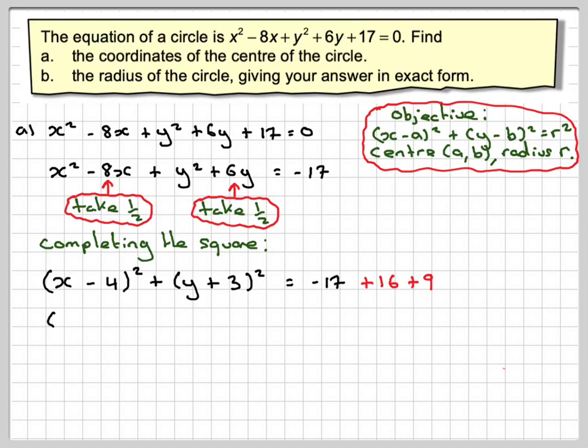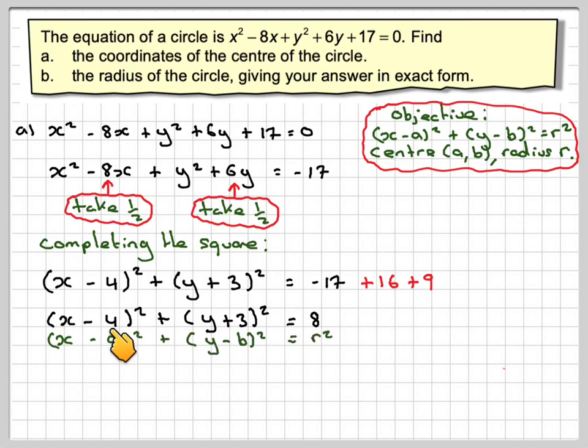Right, so that now gives me, on this side, x minus 4 all squared plus y plus 3 all squared. Now minus 17 plus 16 plus 9 gives me 8. So we now have it in that format. So the centre of the circle will be a, which is 4, and the y coordinate will be minus 3, because look, it might be b here,